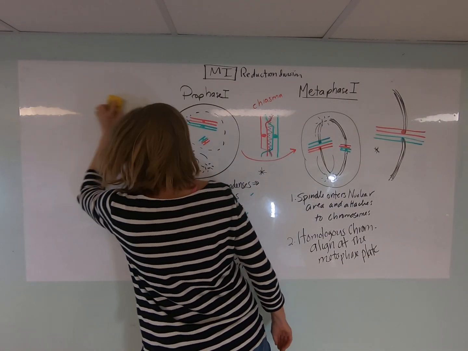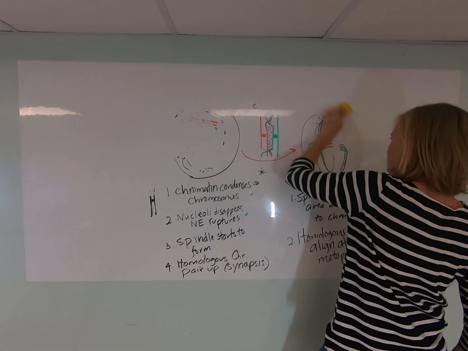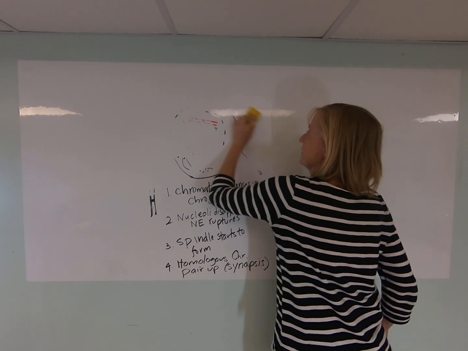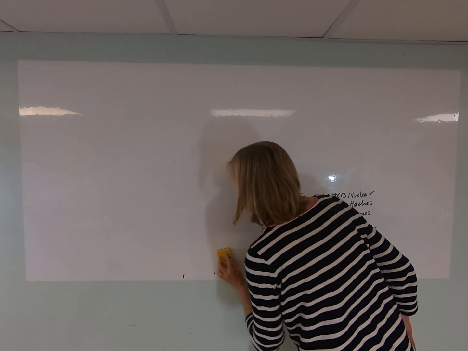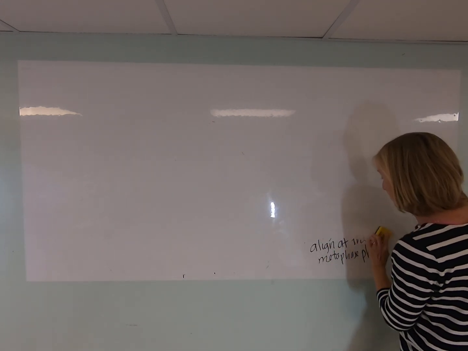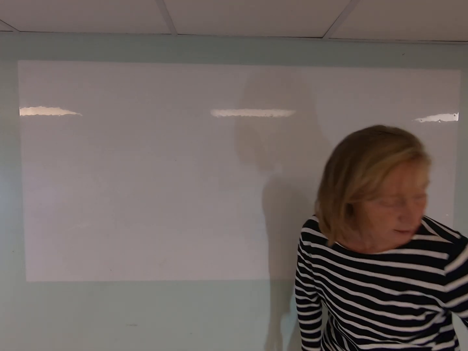Once we get this erased, we will draw out the rest of meiosis 1, the reduction phase. Remember, by the reduction phase, we mean that during meiosis 1, the chromosome number is going to be cut in half by the end of meiosis 1. So here we are with,